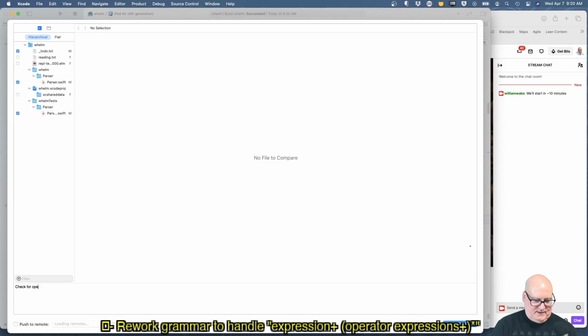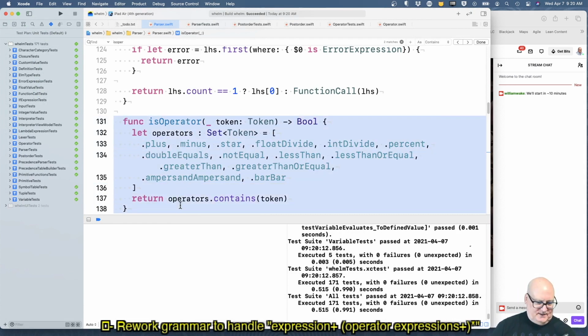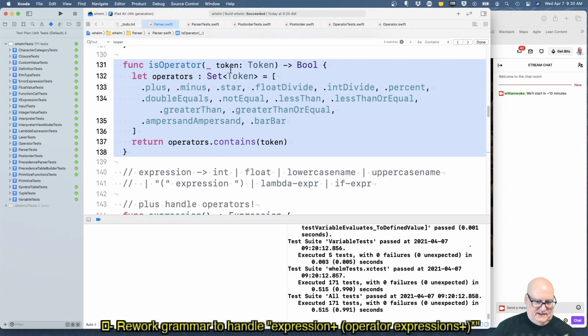Check for operators. All operators. I think I skipped a check-in. All right. I look at this, and it's a token asking about tokens.